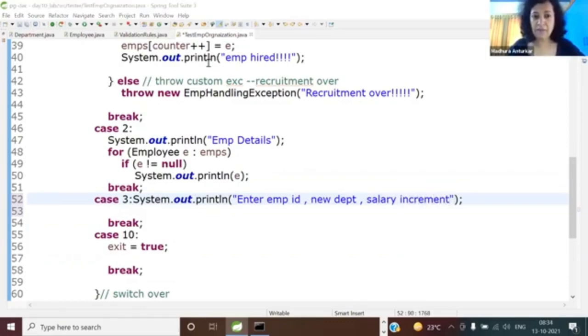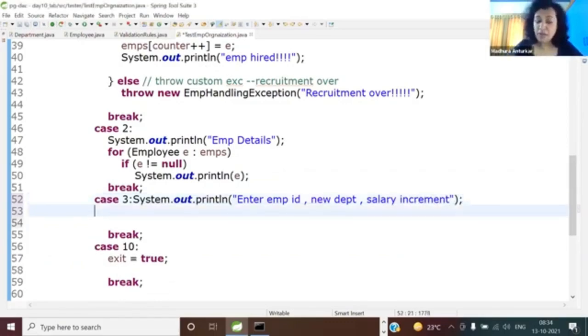Got it completely? Three things, three inputs you'll be taking. Absolutely correct. So you tell me, what should I do first? Write it in comments till you get the hang of it, and anyway, writing comments is always good. So what should I do first? First step: I have to validate the employee ID. Absolutely correct. So check, I'll say it simply, if employee